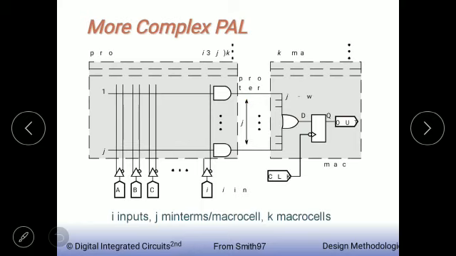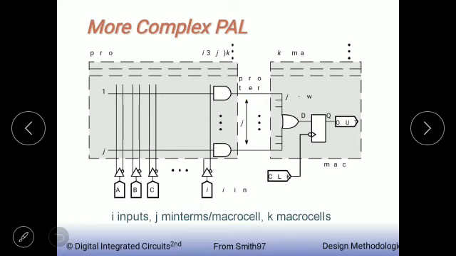As I told, we need to partition the array into a number of smaller sections, often called macrocells. Second, introduce flip-flops and provide potential feedback from output signals to the inputs. One example of how this can be accomplished is shown in this figure. The PAL here contains k macrocells, each of which can select from i inputs and features at most j product terms.